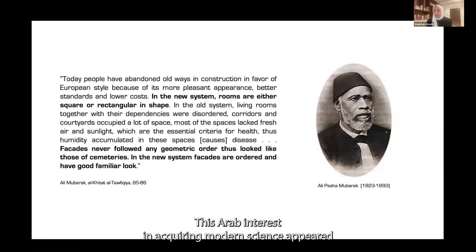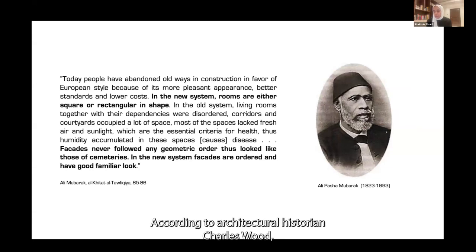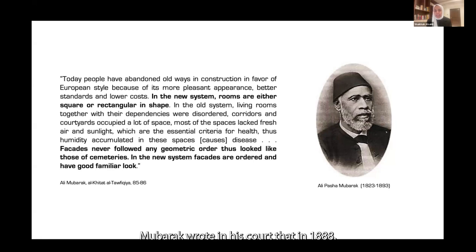This Arab interest in acquiring modern science appeared also in the context of architecture and engineering. According to architectural historian Khalid Asfour, it was the French-educated Egyptian engineer Ali Mubarak who began the debate of what constitutes an appropriate modern architecture in the Arabic context. Mubarak wrote in his Khitat in 1888,